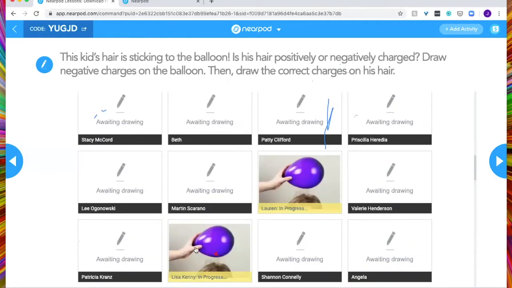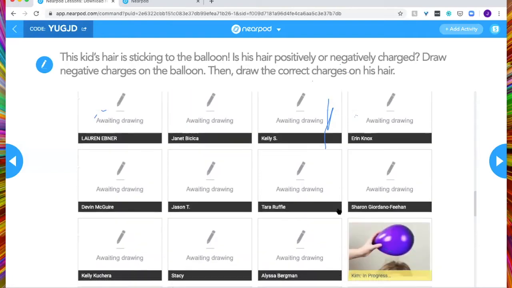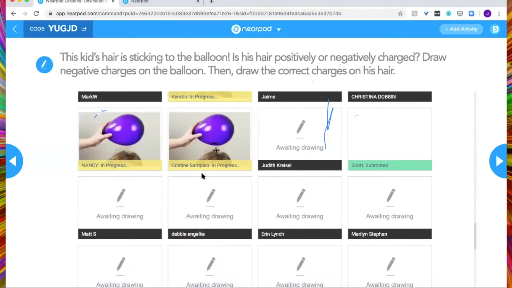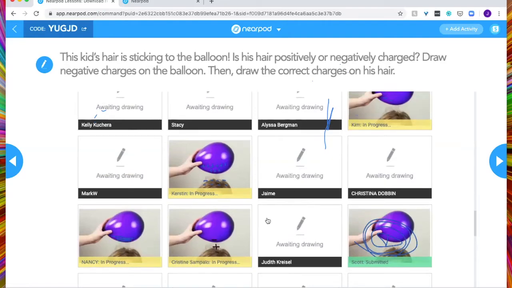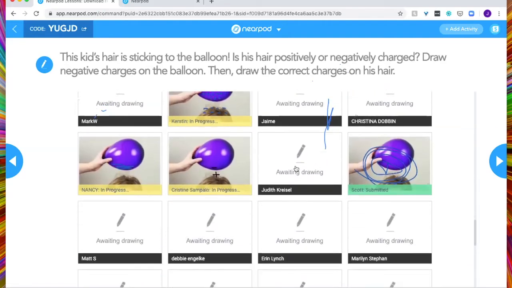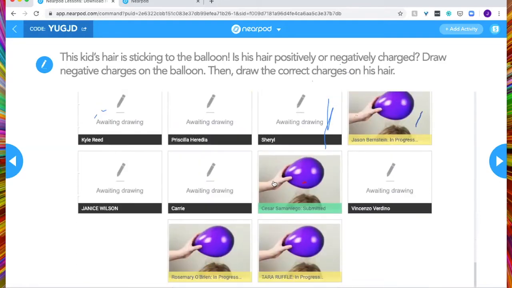So if you're used to Nearpod and have used it in the past, this is something that's relatively new, being able to see work in progress in the Draw It feature. And it looks like we've got some people that are following the instructions and doing a great job. And then also as the teacher is giving me a window into maybe some students I need to check in with again. Maybe they're not quite with me or getting it,